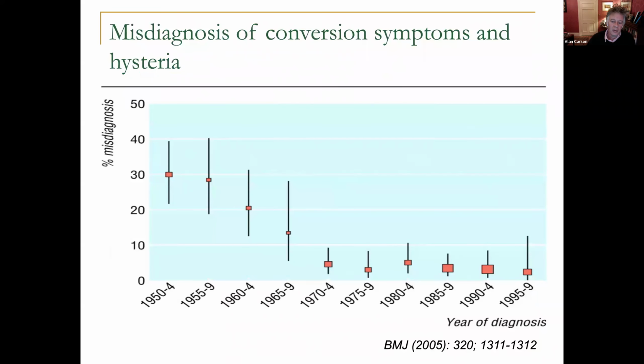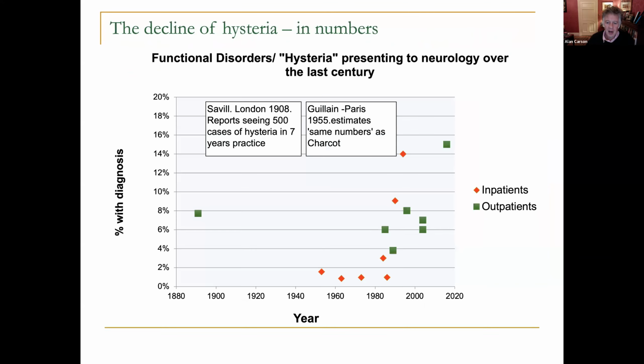Oops, sorry, the slide's slightly in the wrong place, just dealing with the issue of misdiagnosis. There really is very little evidence of misdiagnosis. We can be very robust now that the diagnostic error rate is around 1 to 2% on a long-term basis, with as many as 14 years follow-up. This is the slide I thought I was going to show you. Sorry, I was just talking about numbers.